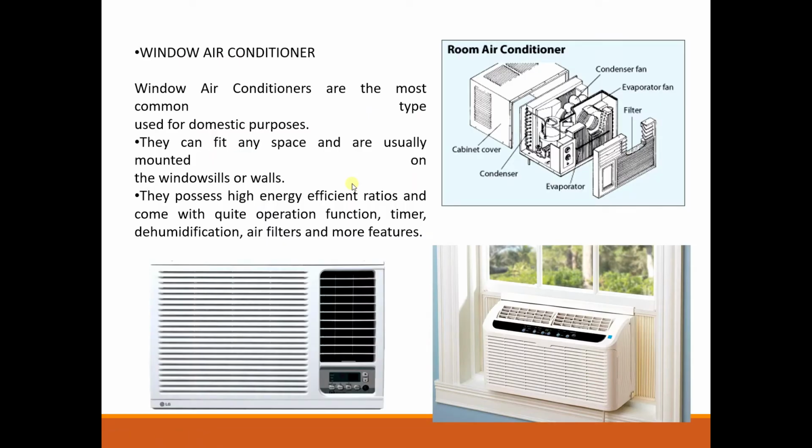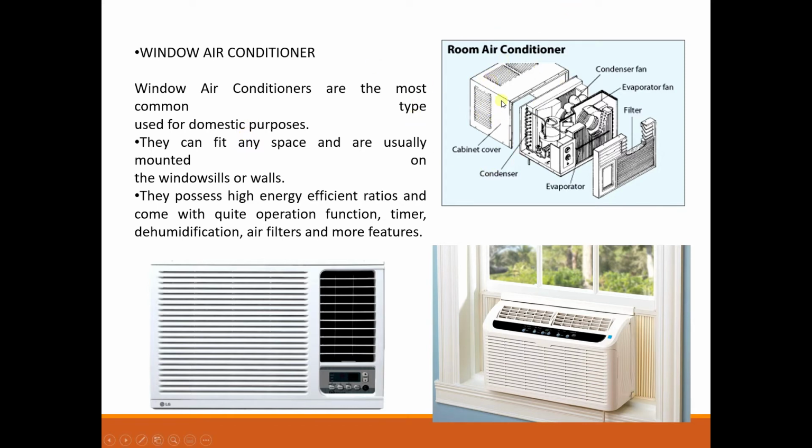We will go to the window air conditioner. Most of our process cabins were cooled by this type of air conditioner only. As you can see in the mechanical department, outside you can see some window air conditioners placed, right? Simply, it occupies the space in the window. Because of that it has the name window air conditioner, and by using that shape we place one air conditioner, so it performs the cooling action.